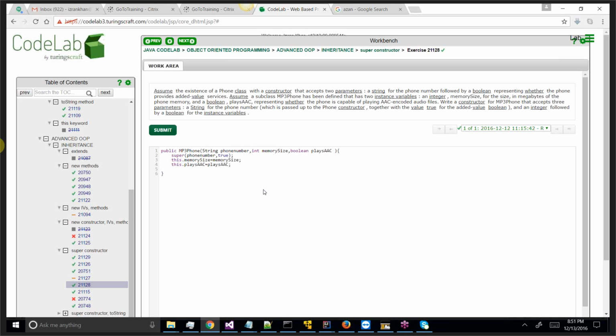Write a constructor for MP3Phone that accepts three parameters: a string for the phone number, which is passed to the Phone constructor together with the value true for added value, an integer followed by a Boolean for the instance variables memorySize and playAAC. With super, we pass the phone number and true, and the local two are adjusted. So the answer for this question is